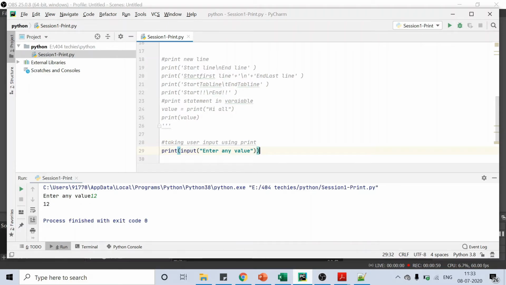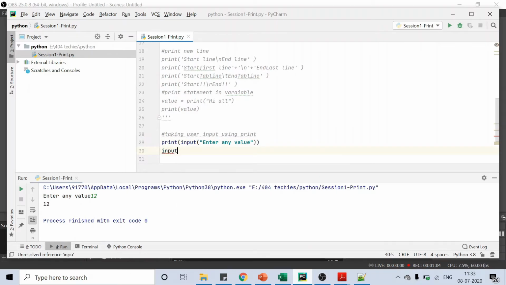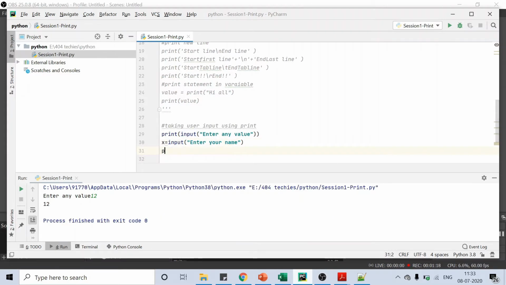You can also do it this way. For example, input, enter your name, storing it in x and printing that x.